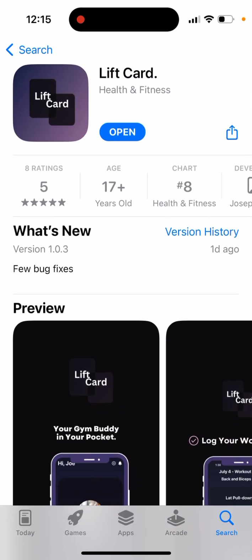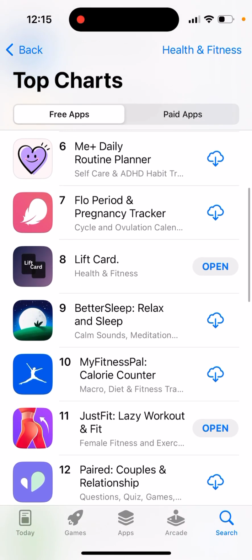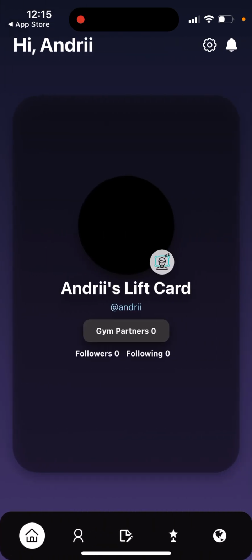Here is this trending app called Liftcart. It's been trending in the health and fitness category. I'm just curious to find out what it is. So you can just open it up, and this is basically your gym buddy in your pocket, where you create